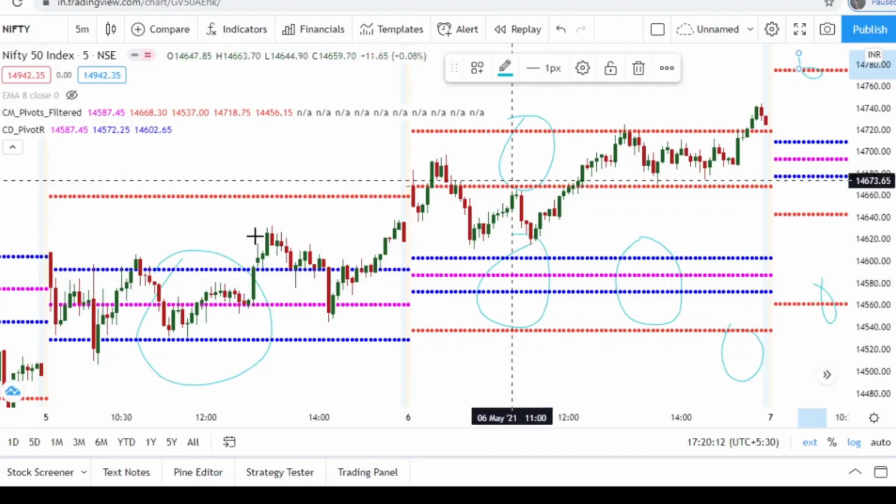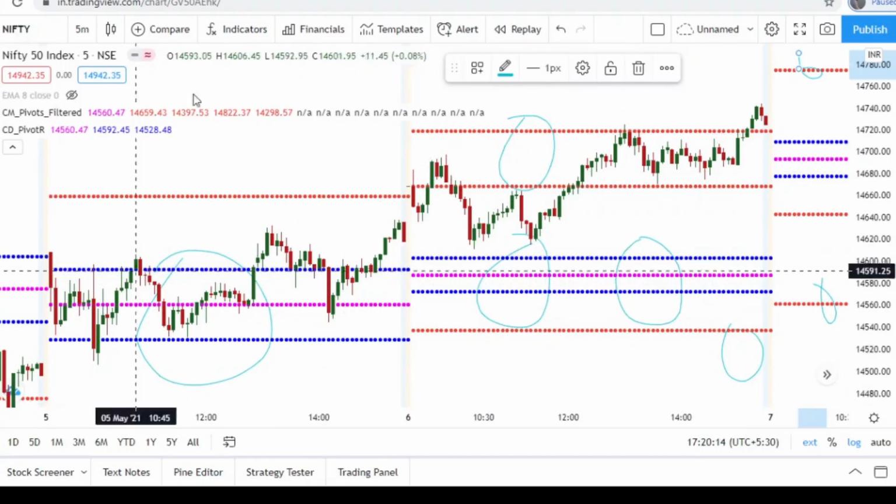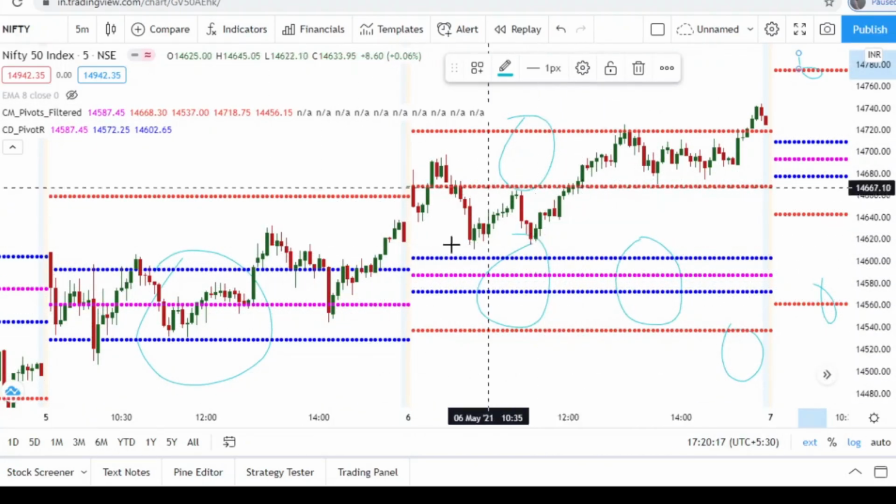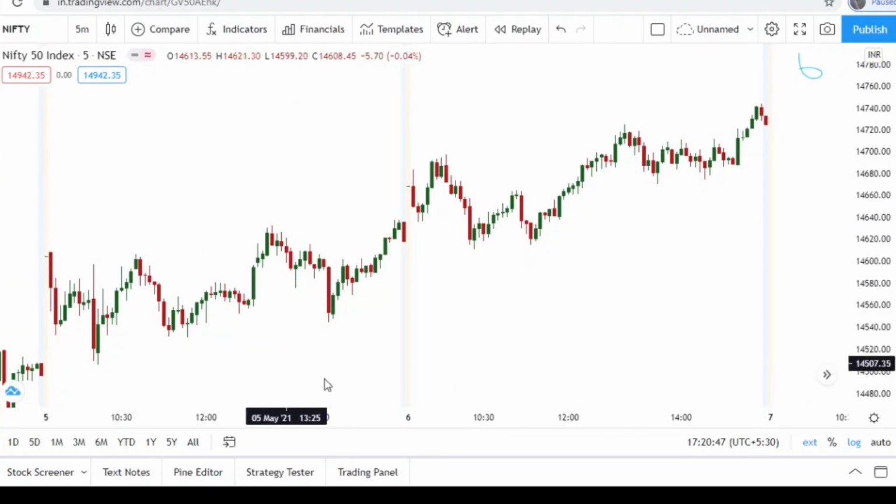Before that, I will remove all these indicators so that I can explain from the beginning. Now you can see a naked chart of the Nifty 50 index. Here you don't see any indicators like CPR or resistance lines. I only use CPR and resistance, that means pivot points, in my chart most of the time. Only at some preferable times do I use moving averages. Other than that, I completely depend on price action. That is how I do day trading. I don't depend on any other indicators.